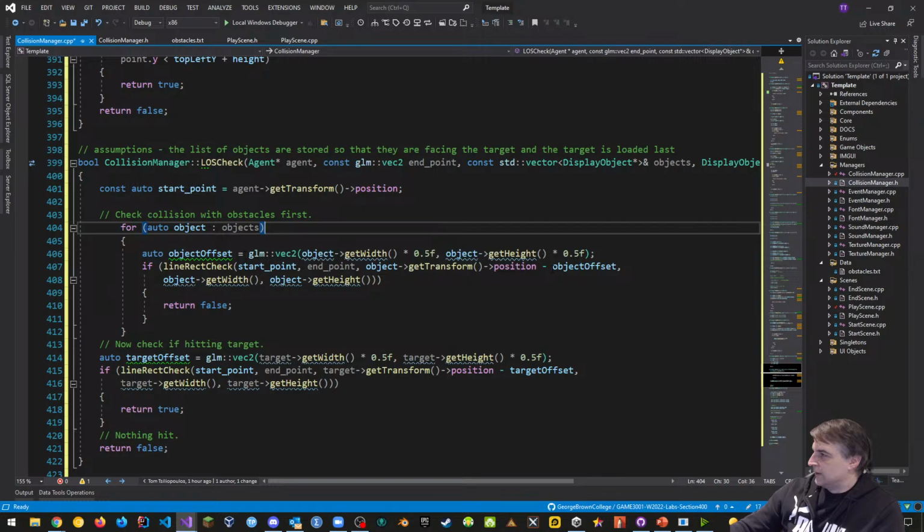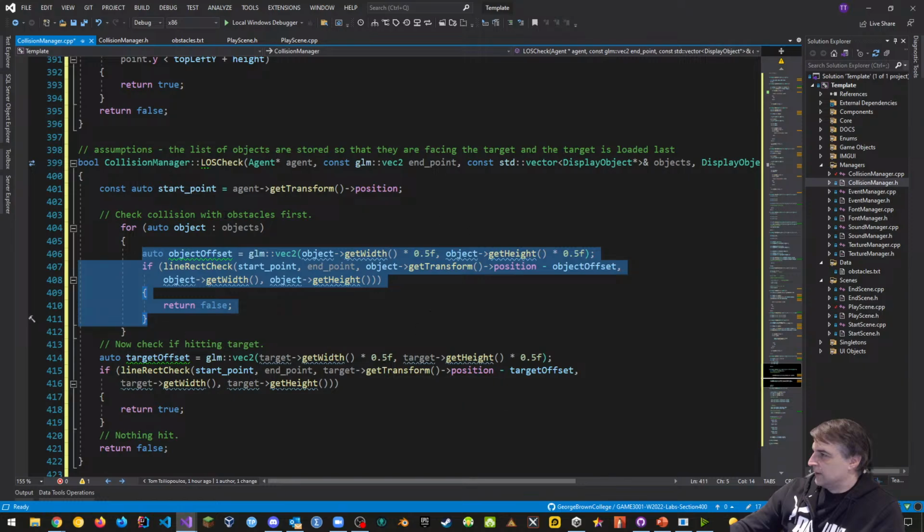And if this is true, then it's false. And the reason why it's returning false is because if I can make a line that goes from the start point, right, which is the agent origin, to the end point, and there's an object before I get to the target, then I don't have a line of sight. That's what it does. It returns false right away. So it kind of exits from that little thing. So it doesn't have to check every object. If one object blocks line of sight, then all objects block line of sight. That's how it's looking at all objects that are in that line.